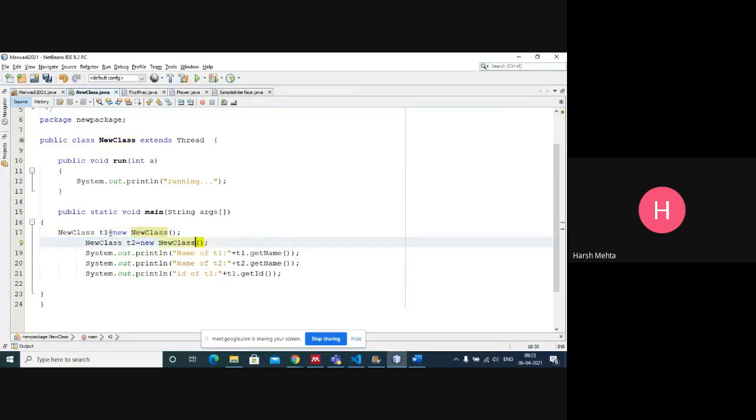Now you see P1 thread, P2 thread, T1 dot get name, T2 dot get name, T1 dot get ID. Anyway, let's see how it works out. And then T1 dot start.